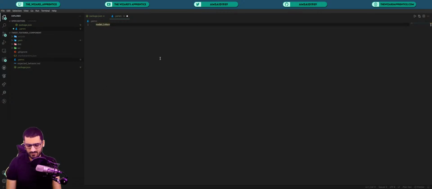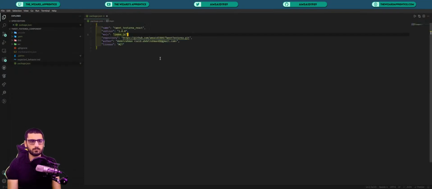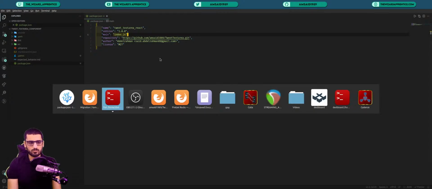Yeah, so it's nodeLinker: node-modules, and that basically will tell Yarn, the version 2 of Yarn, to actually continue using node modules rather than Plug'n'Play, at least for now. So what we need to do now is,